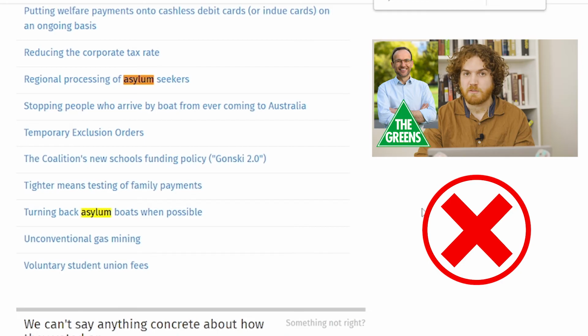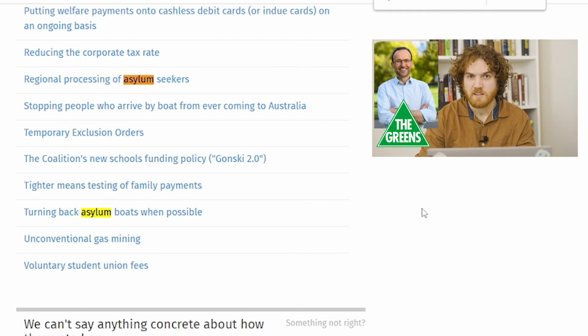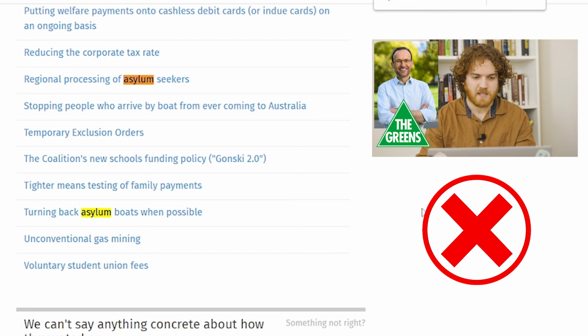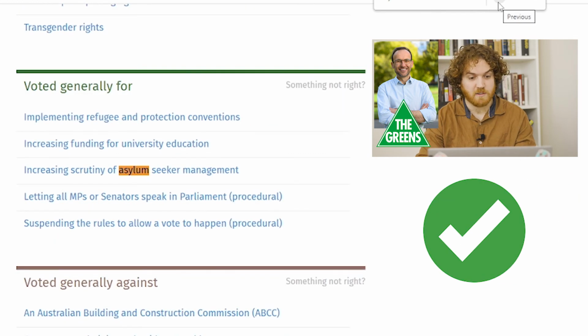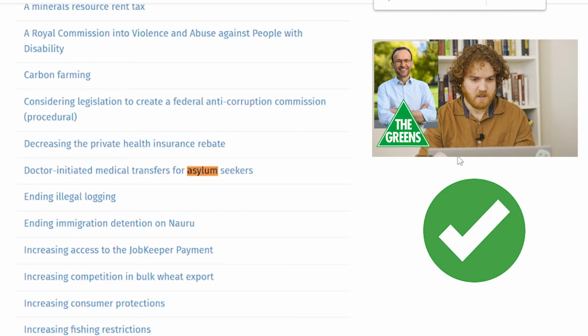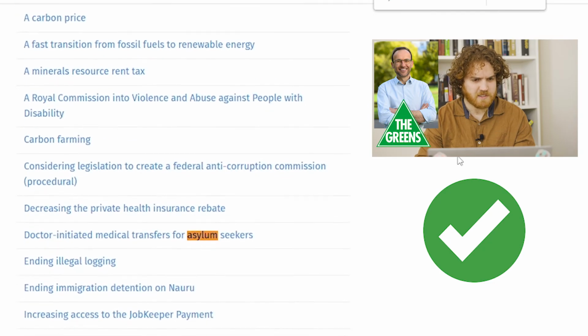So that's basically offshore processing, where we do it on either Christmas Island or on Manus and Nauru, which are separate countries. He's also voted against turning back asylum boats when possible. He's also voted generally for increasing scrutiny of asylum seeker management. I don't believe that was on the votes on the major party episode I did. He's also voted consistently for